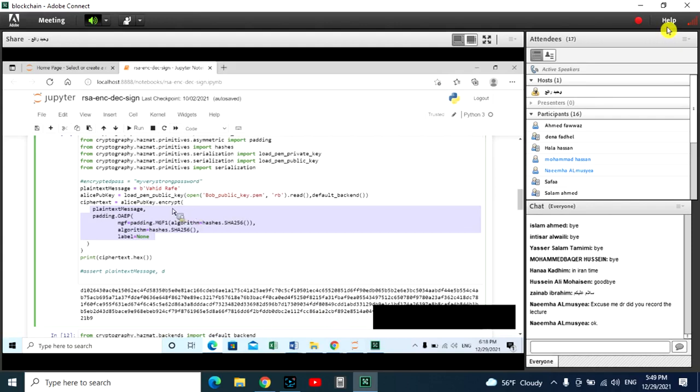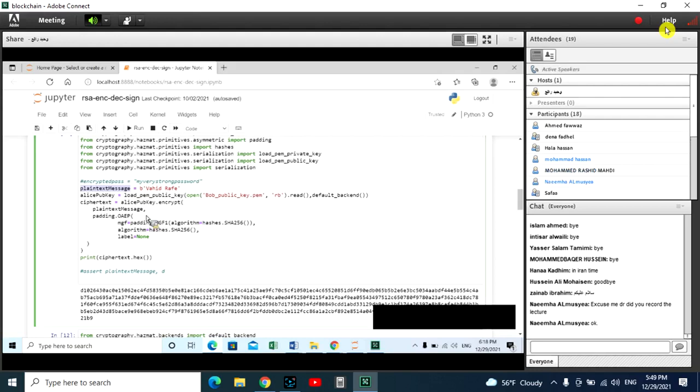So let's check the question again. In part B, you were asked to encrypt your name and family using the generated key in part A. Send the encrypted message as a text, not a picture. For example,